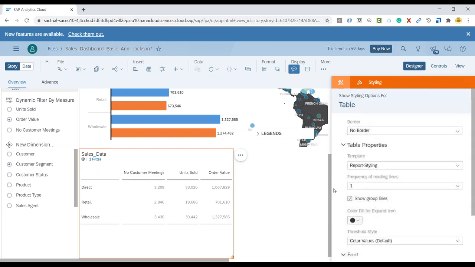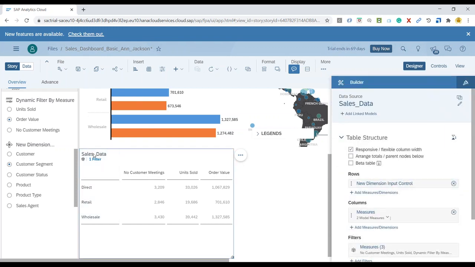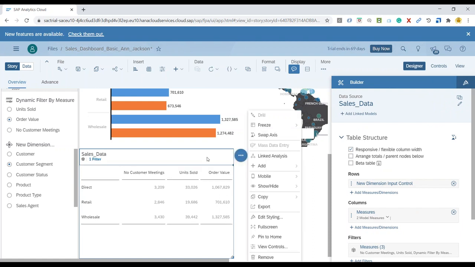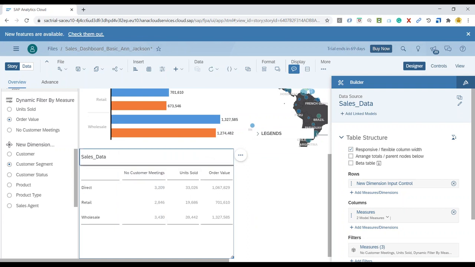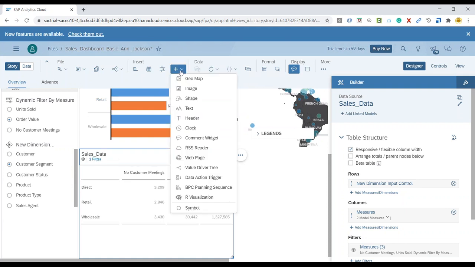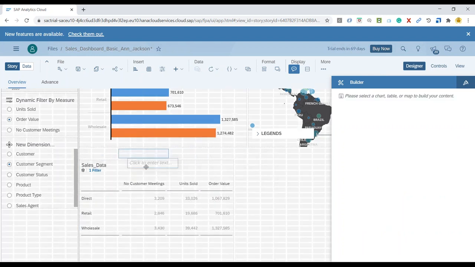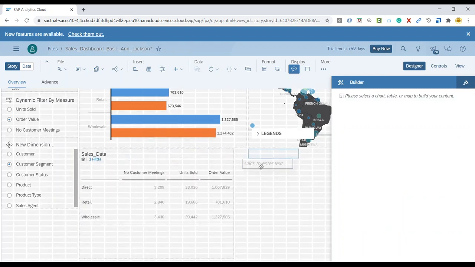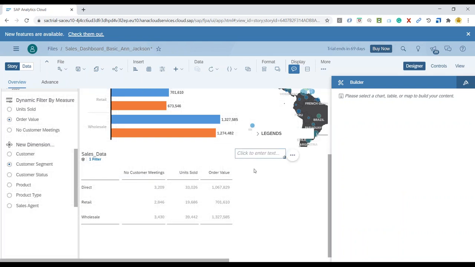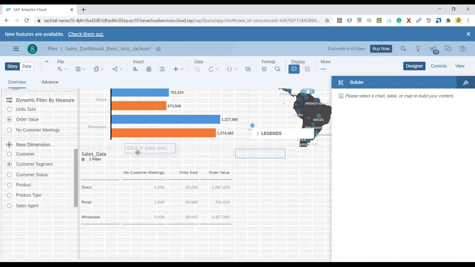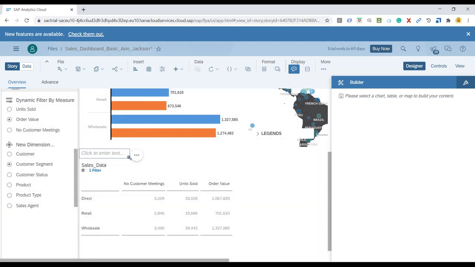Now, what I wanted to do was change this dynamic title. Instead of sales data, I wanted to add a dynamic text. So let's see here, double click, and I'm going to add a dynamic text. In the panel, I can't overlap my controls actually. If I'm using a responsive layout, I can't overlap my controls. No problem. I'm just going to grab it over here,